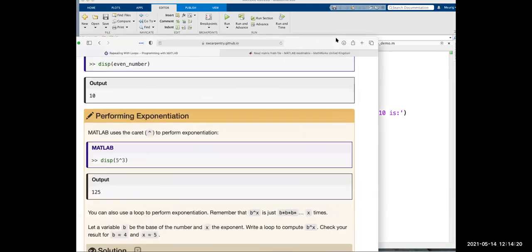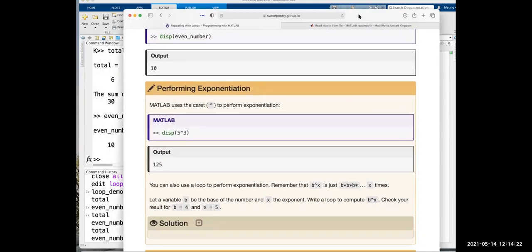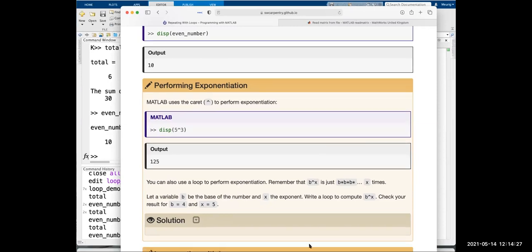Okay, so we've got another task, and what we're going to do is we're going to do this task, and then the next task, and then we're going to finish for the day and come back 9:30 on Monday. So I'll talk you through the tasks, and then I'll hang around to 12:30 for any questions or any thoughts, or if anyone wants me to go back over anything, we can do that.